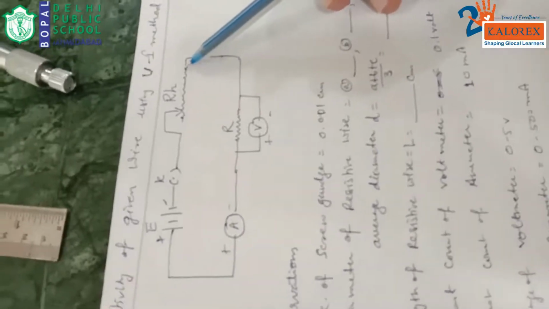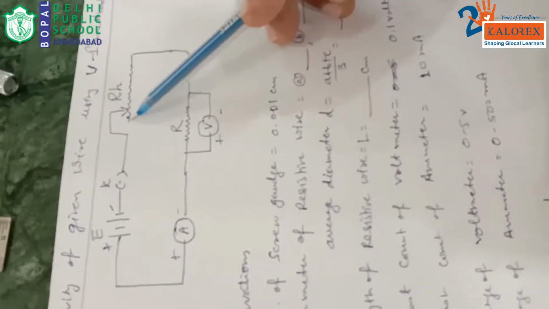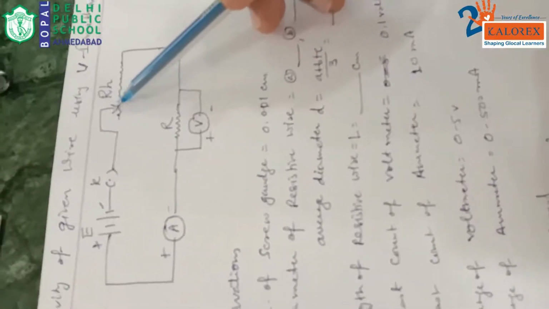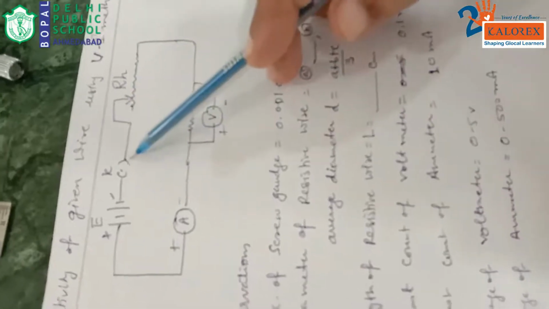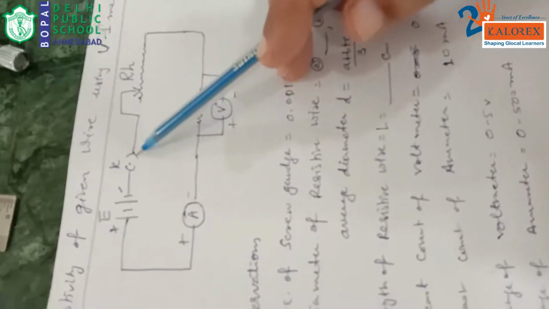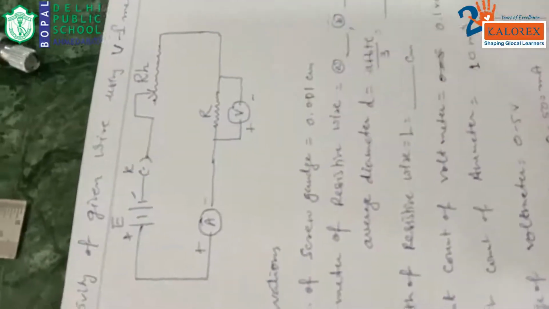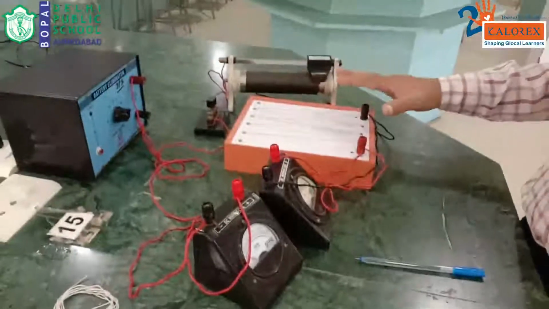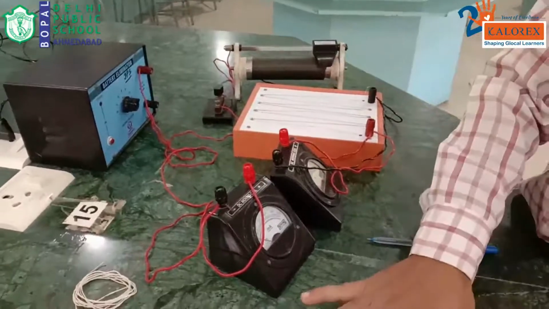I am explaining what the fixed terminal of the rheostat is. One fixed terminal of the rheostat is left without connection. Its variable terminal, where the arrow mark is, is connected with one of the terminals of the key, and another terminal of the key is connected with the negative terminal of the battery eliminator. All the setup is given for this one, and basic preparations we have already made.